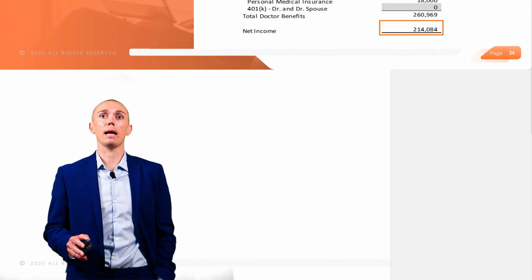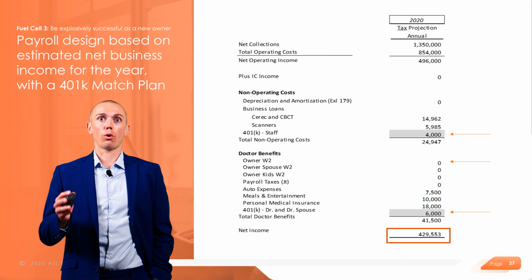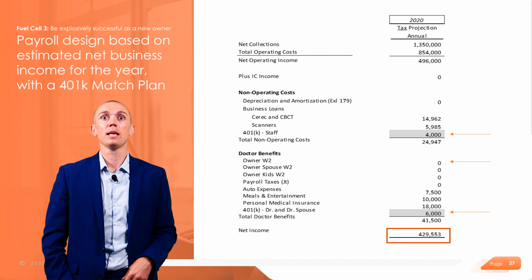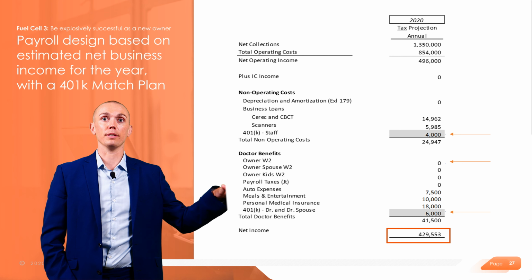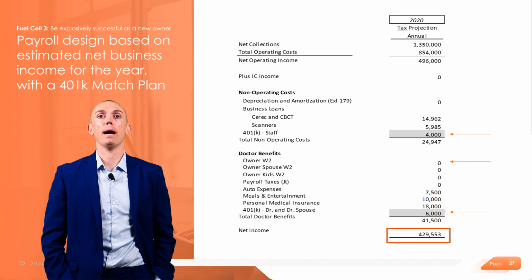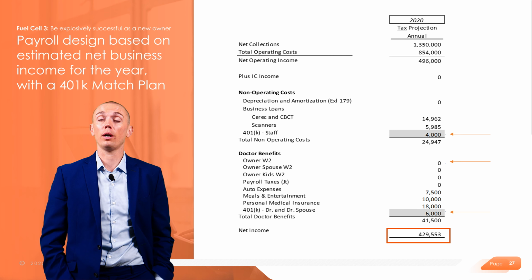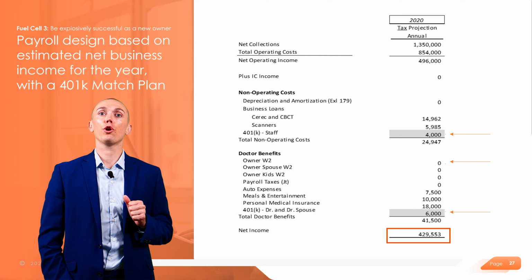Now, our next example is establishing a payroll design with the 401k match only plan. Here you can see we've compared to our first example, and these amounts represent how much the doctor had to contribute for the staff at $4,000 and how much he contributed for themselves at $6,000 to the 401k match component. And our gross W-2 here, because this is what we're solving for, is still zero. And we see that our estimated net business income is